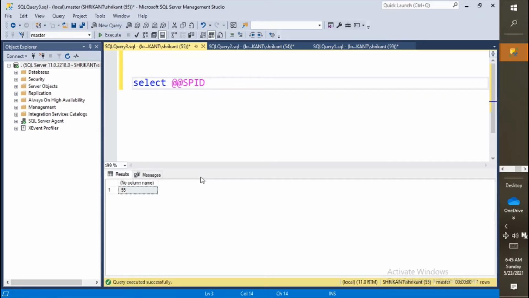The moment you run the query, you will see the number 55, which exactly matches my query window name. So this is 55 and this is 55. Both things are matching. So basically this is a session ID. The session ID represents the session in the system. Great.